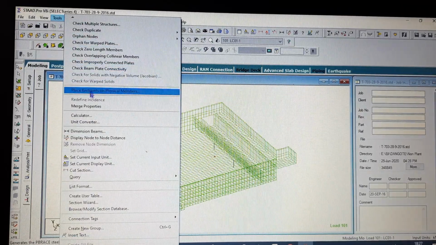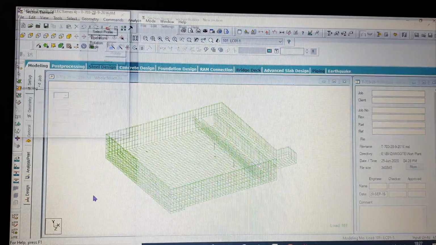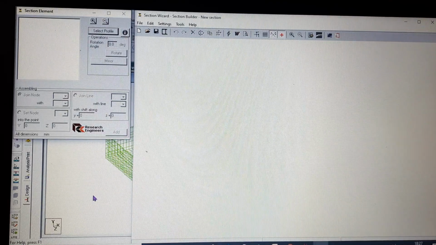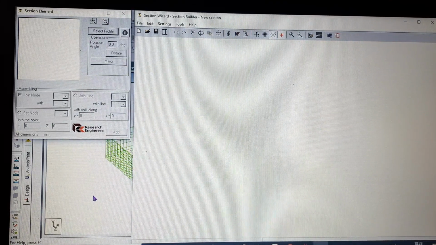Next is your section wizard. If you click on the section wizard, a new section profile will appear. This is a very useful functionality actually.